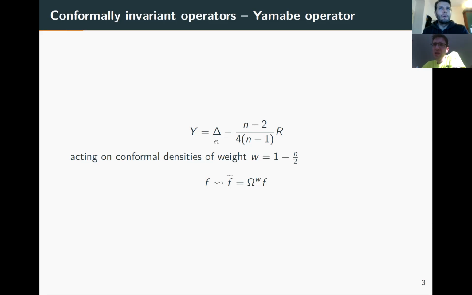It's a bit of an involved calculation. You can imagine that the changes of scalar curvature and the changes of the Laplace-Beltrami operator cancel out for some particular weight. So